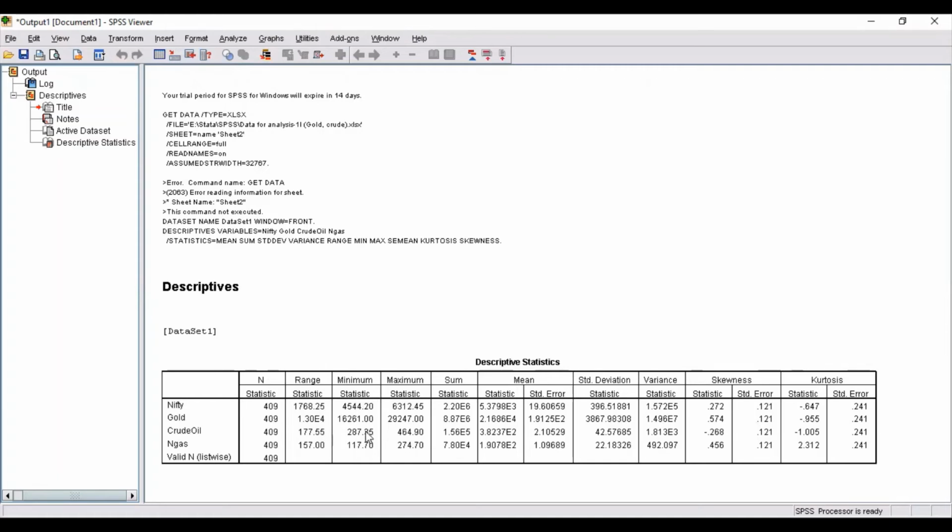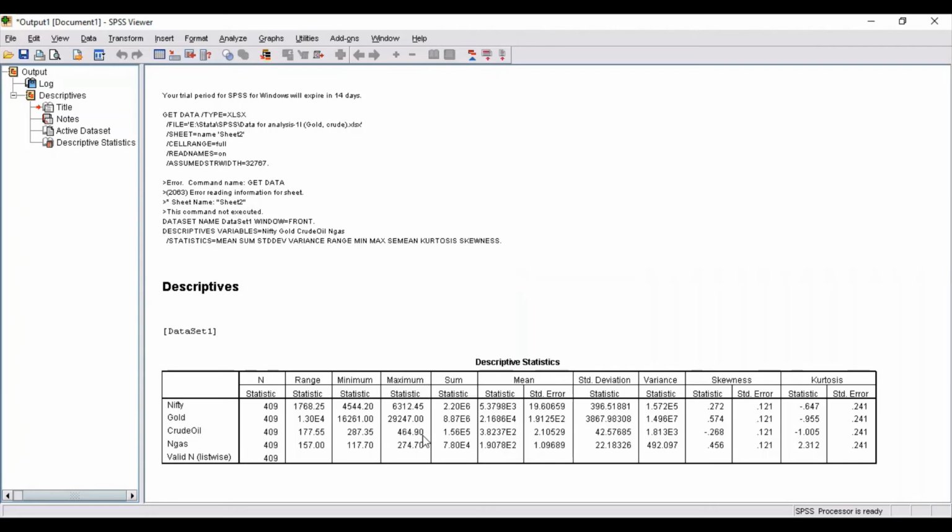The next is the range of the variables, then minimum value. If we talk about Nifty, the minimum value in the entire variable list for Nifty was 45,144. Likewise, all these values are the minimum in the entire variable list.